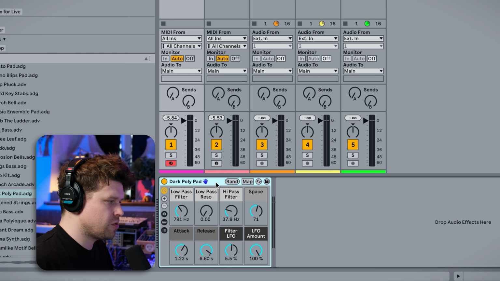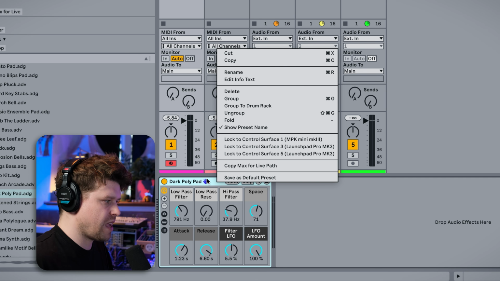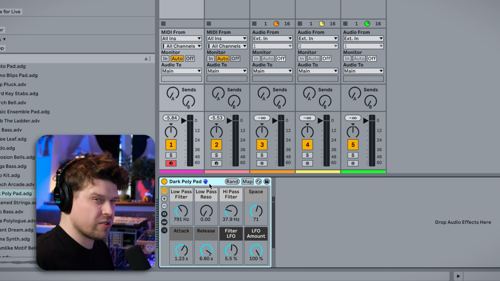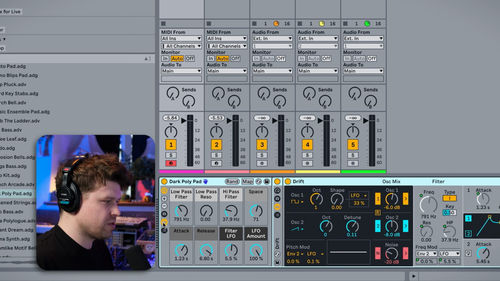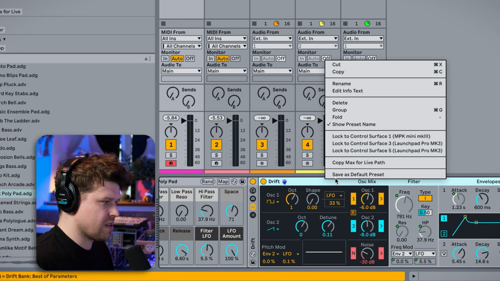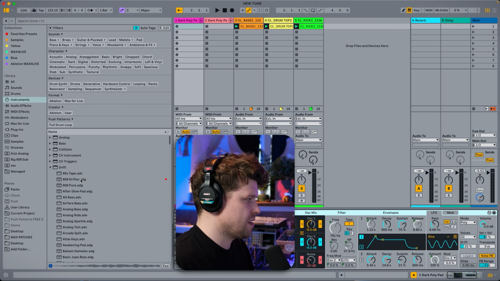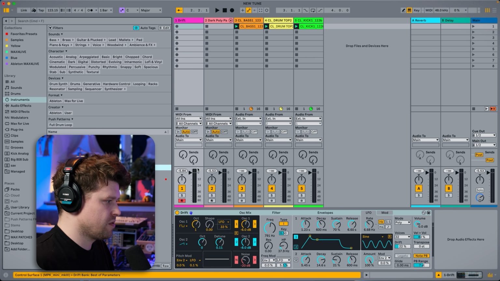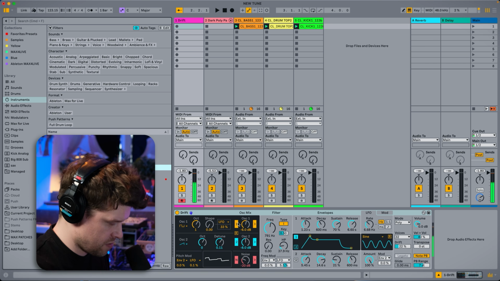So with this, if you do save as default preset here, this is saving it on the instrument rack. So I want to do this on the instruments. So I have to go in, save as default preset. Now if I drag Drift across to this channel, should be